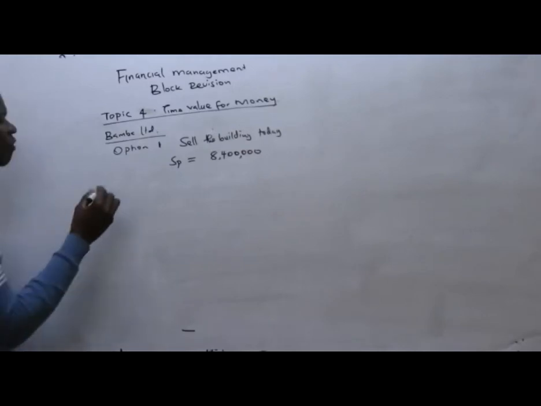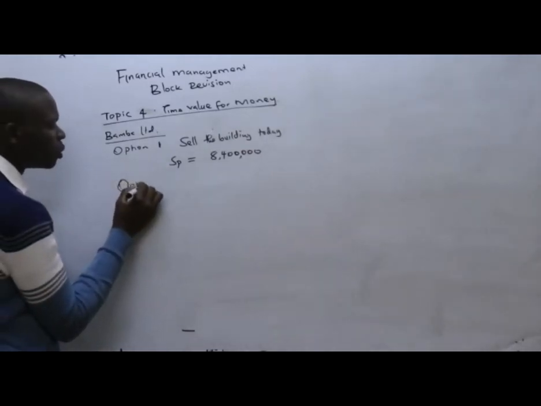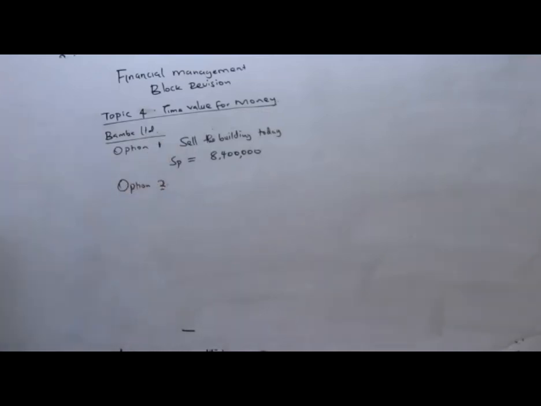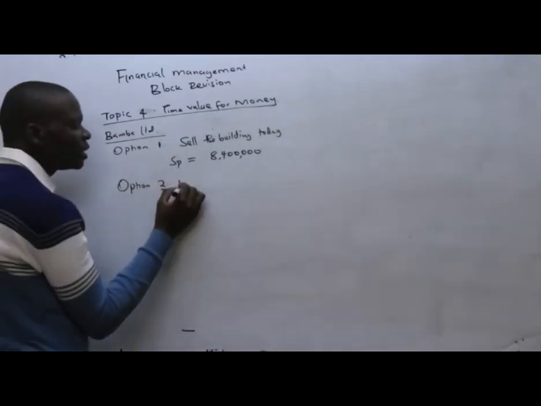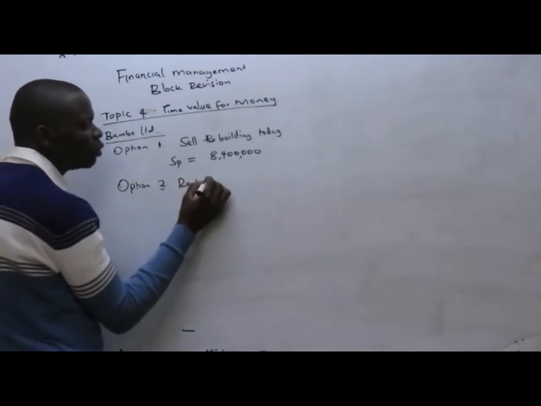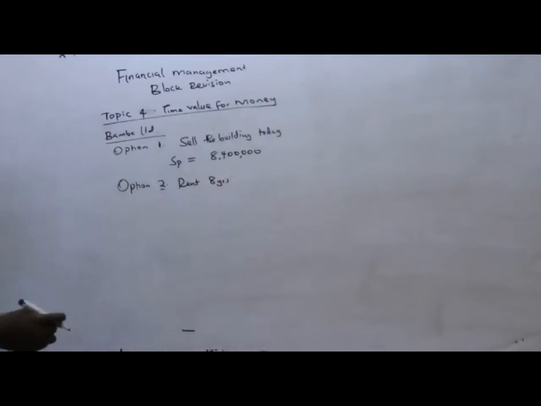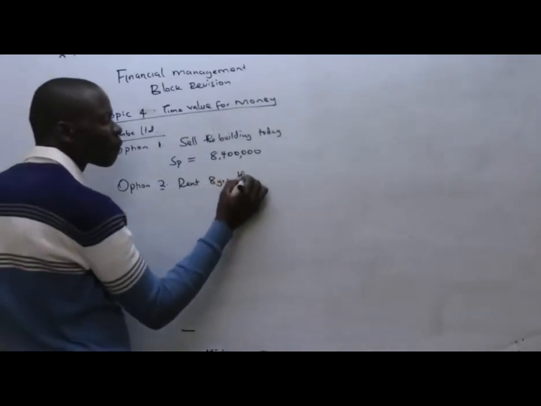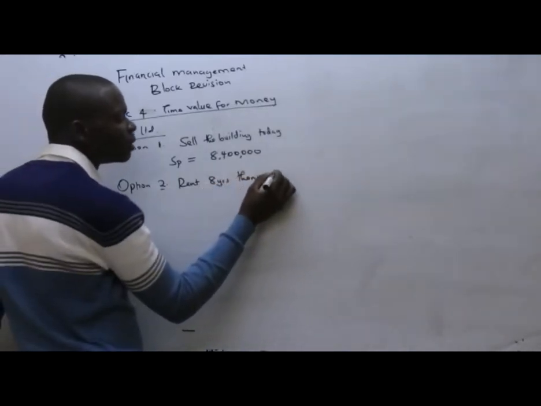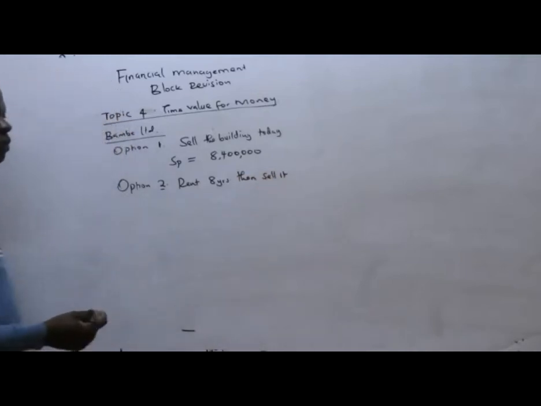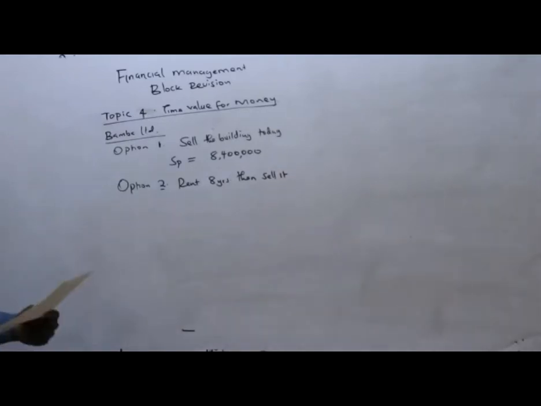But we have option number two, which is to rent the house for 8 years, then sell it. He has the option to rent the house for 8 years, then sell it. So we are asked that